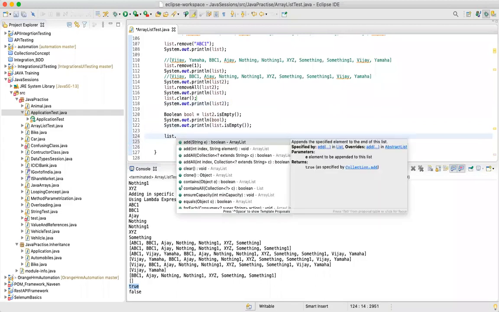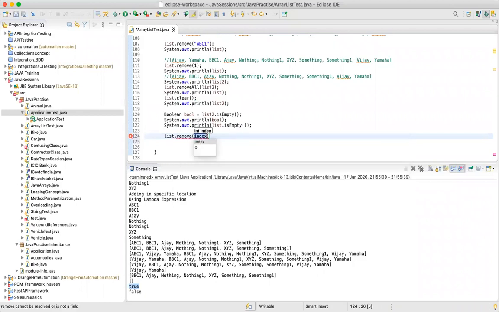So guys, when I say list dot remove, what is this doing? This will remove one specific element from the index passed. It will not remove all the elements.